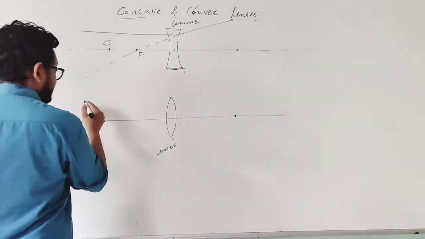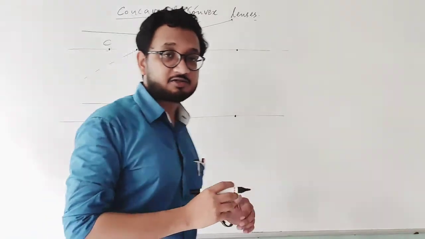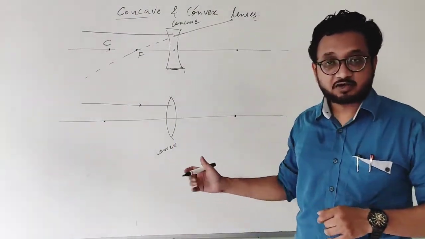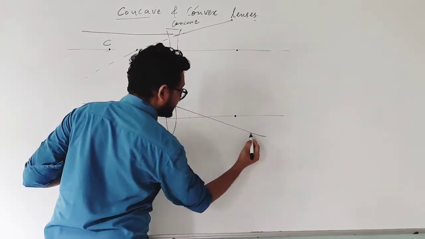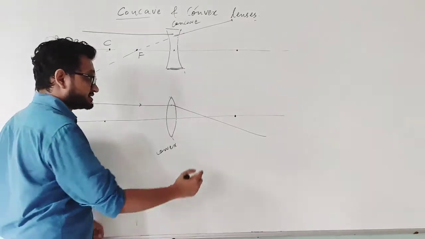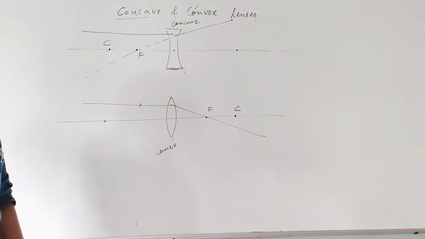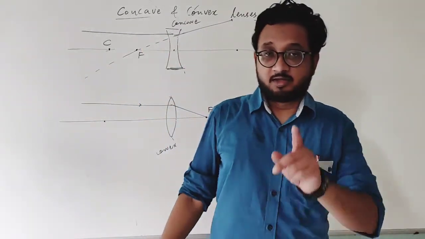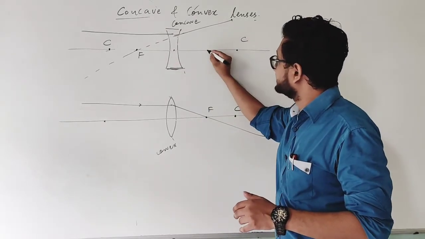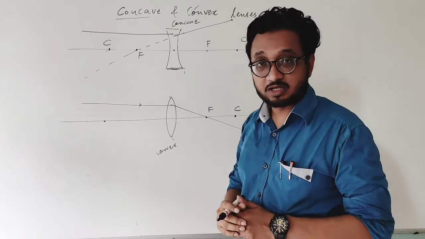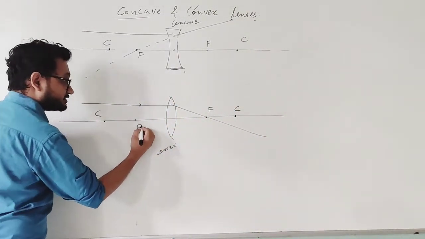Similarly, when a ray of light is parallel to the principal axis on a convex lens, now this is a converging lens, so it refracts and converges, and passes through the principal axis like this, and the point where it passes is our focus point, and similarly this is the center of curvature. Now remember, students, because this is a lens, we have 2 centers of curvature, and therefore we have 2 focus points as well. So same thing goes over here. This is the center of curvature and this is the focus point.